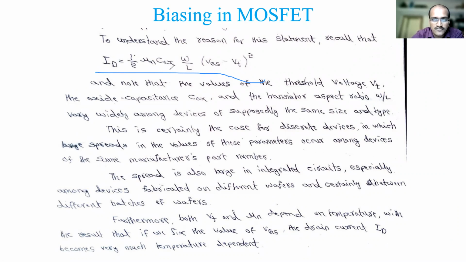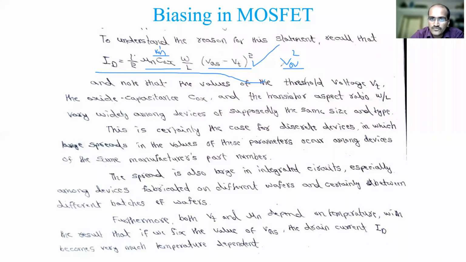Here there are changes also we will make. So mu n COX sometimes will be substituted as Kn dash also. In the case of N channel it is Kn dash, P channel it will be Kp dash, like that. So mu P COX like that you will be having. And this VGS minus VT voltage is also called the overdrive voltage or excess gate voltage, denoted as VOV. So VGS minus VT whole square is written as VOV square also, and mu n COX is substituted as Kn dash. So this is the basic equation: 1/2 mu n COX W by L (VGS minus VT) square is the basic ID/VDS characteristic equation.